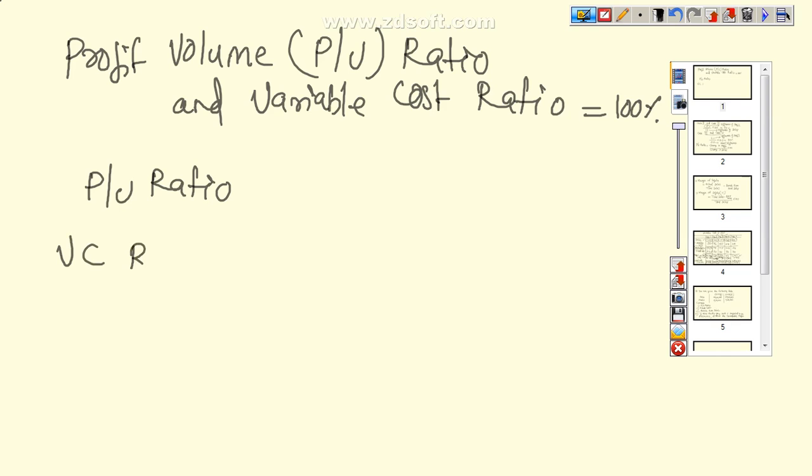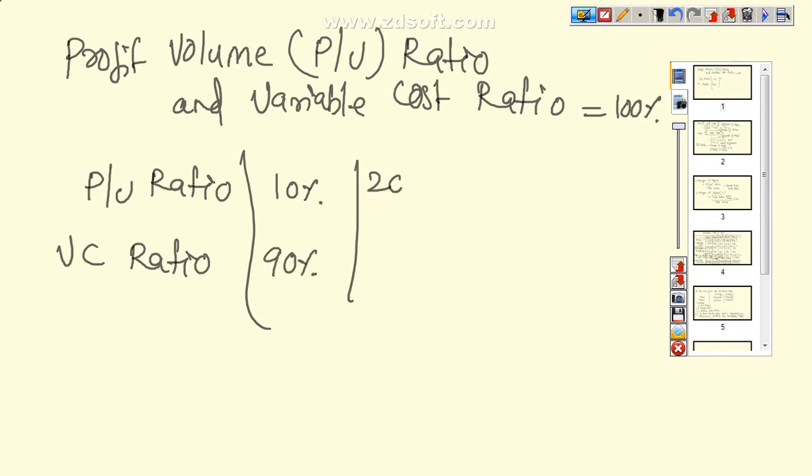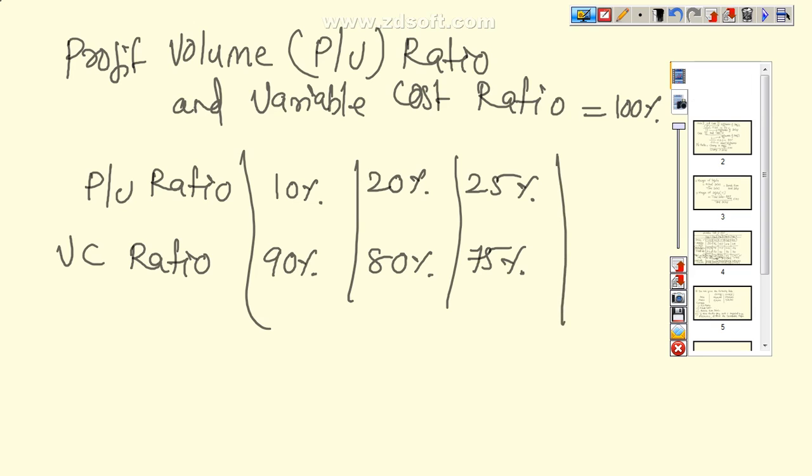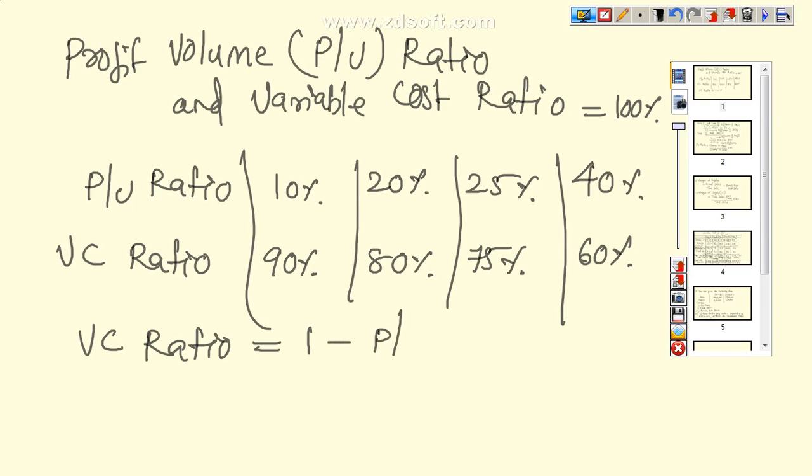Suppose my PV ratio is 10%, then my variable cost ratio is equal to 90%. Suppose my PV ratio is 20%, then my variable cost ratio is 80%. Suppose my PV ratio is 25%, then my variable cost ratio is equal to 75%. Suppose my PV ratio is 40%, then my variable cost ratio is equal to 60%. Now we can frame a formula: variable cost ratio is equal to 1 minus PV ratio,